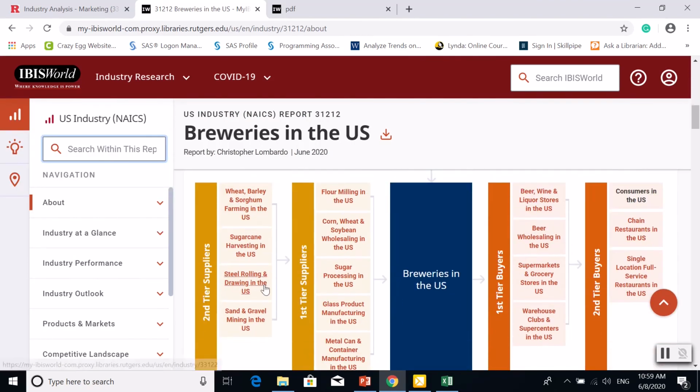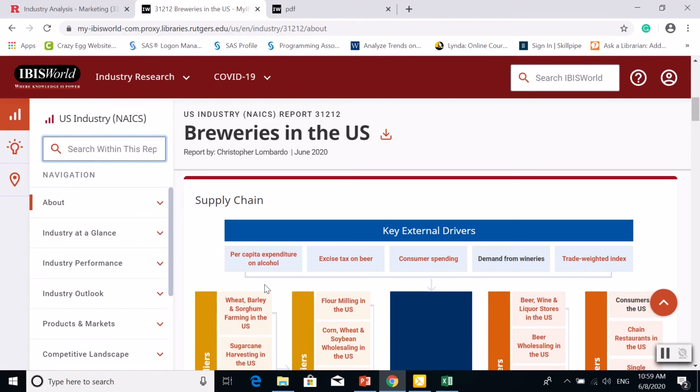So once again, whatever industry you're trying to identify, I would recommend searching here in the IBIS World. It has a lot of great reports. If you're looking at a particular niche industry and you're having trouble finding the reports in IBIS World, once again, feel free to contact us, and we may be able to find it in other places, especially when it comes to niche industry reports. So I'm going to move on from IBIS World,